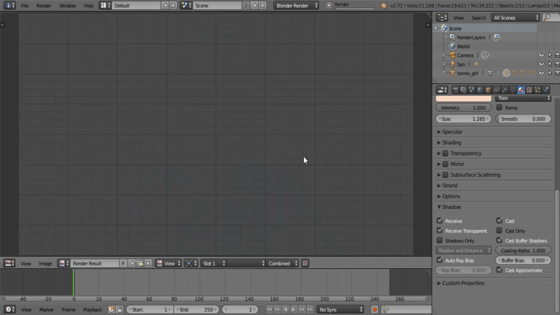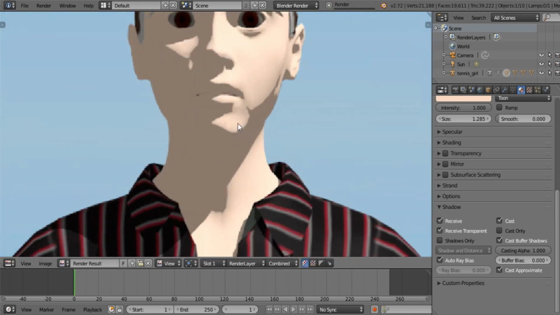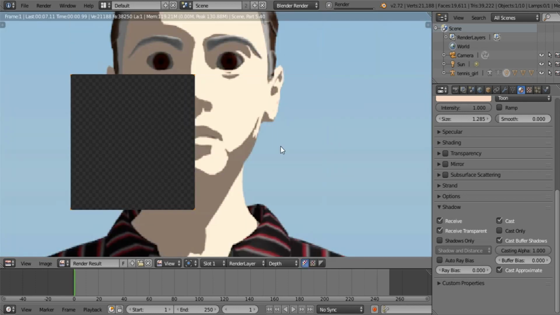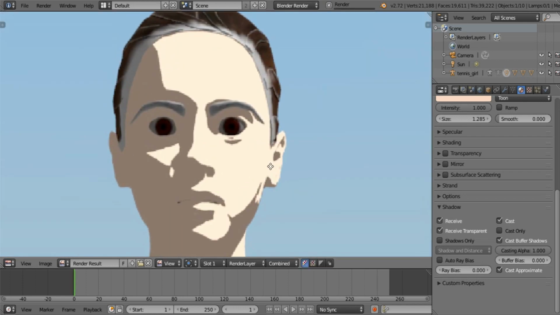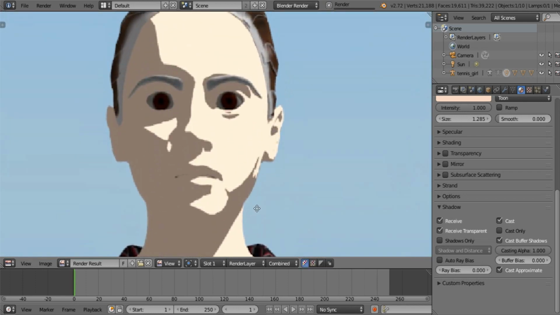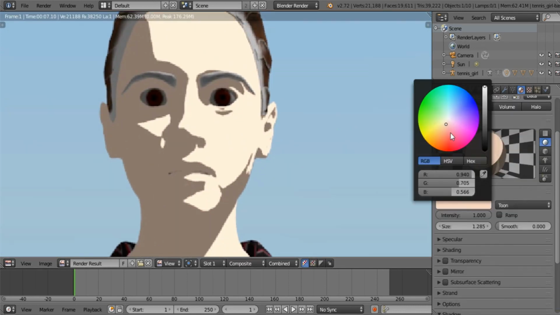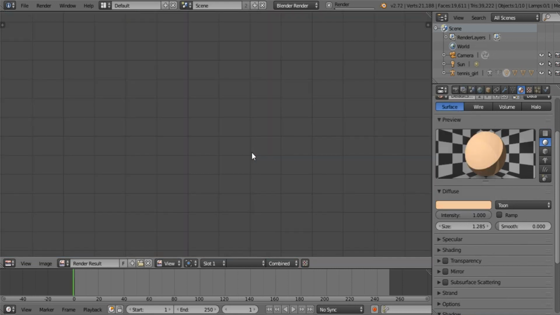Let me show you. Look at these edges. You see that? All that gradient has to go away. So if you turn that off and you render again, perfectly smooth. See? No softness, no nothing. It's awesome. What we do need to do is reduce the amount of brightness. So if you do that,